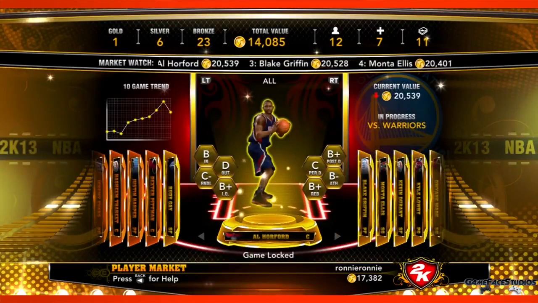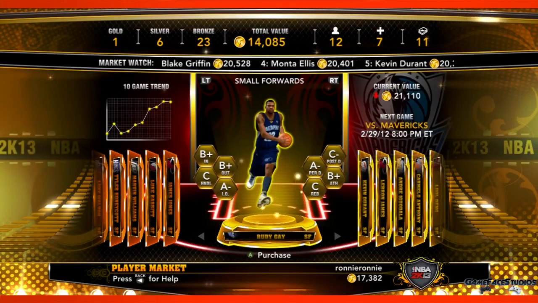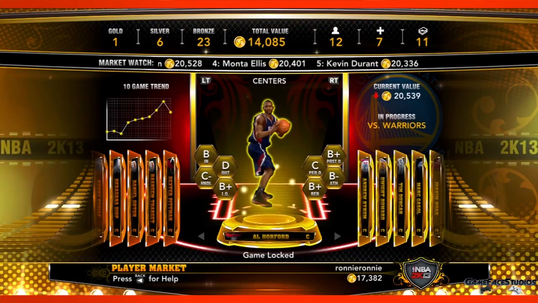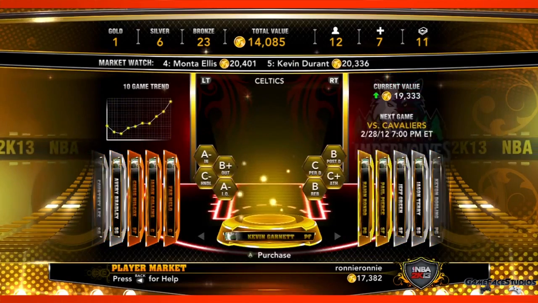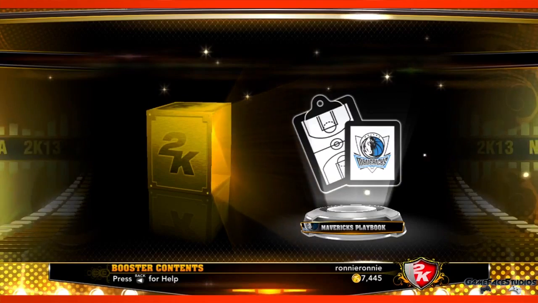So another feature within the MyTEAM mode is our player market. This is a place where you can directly go and purchase players if you're not getting the success rate you want from the packs. The way the packs are designed is they mostly just give you accessories to your team. You're going to be pulling head coaches out of there. You're going to be pulling different uniforms that your team can wear, different court floors that you can play on